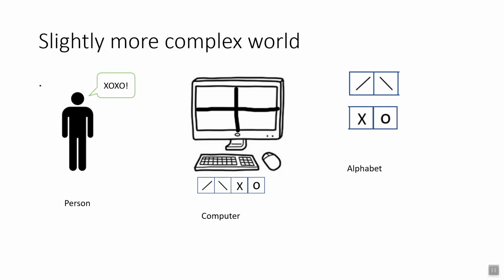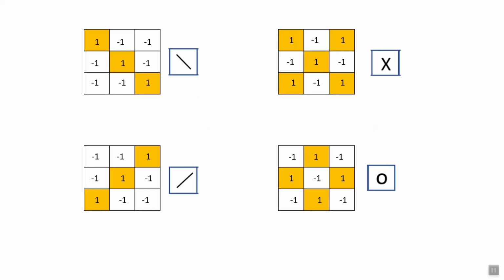So let us see what happens when we press keys on the screen. These are the keys we can press: the backward slash, forward slash, X and O. These are the 4 keys used in this keyboard. Now the question is how we can create a classifier that tells us these letters apart.